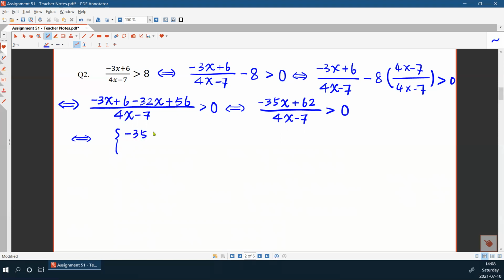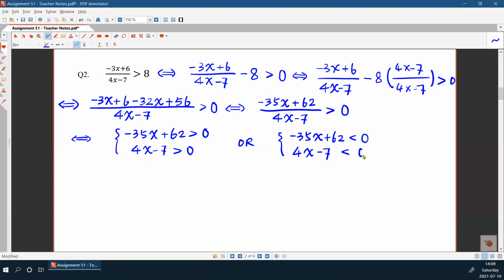So it's equivalent to minus 35x plus 62 greater than 0. And at the same time, the denominator is also greater than 0. Or the numerator is less than 0, which is a negative number. And at the same time, the denominator is also a negative number, right? So the ratio between two negative numbers is also positive. Okay, so this is equivalent to